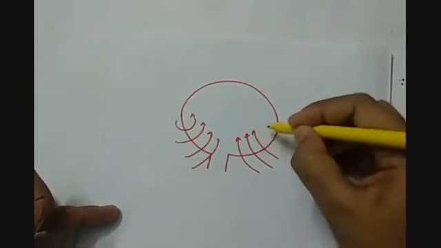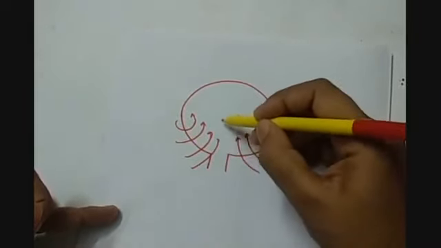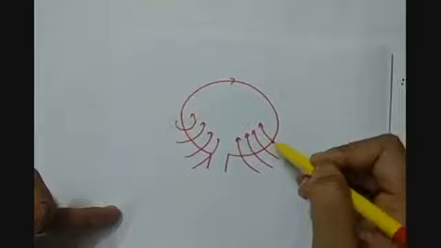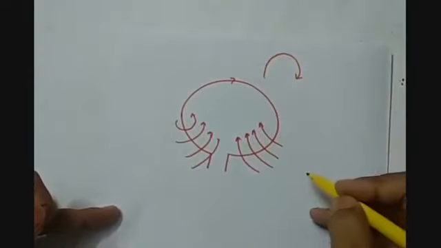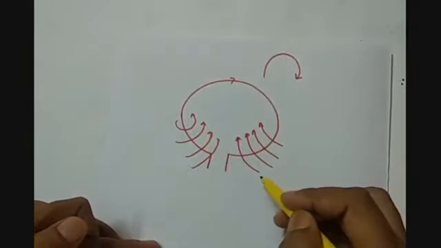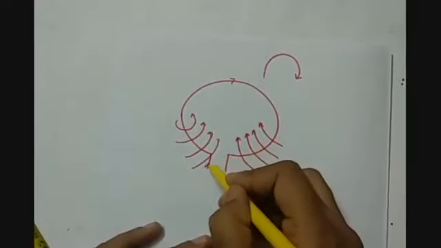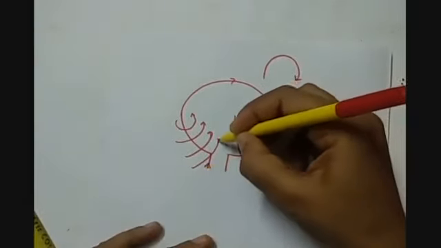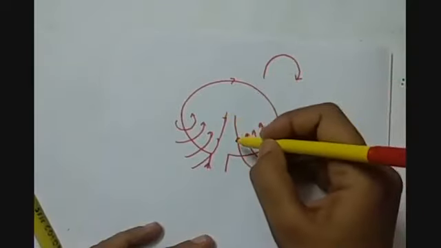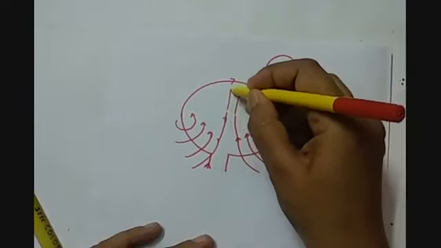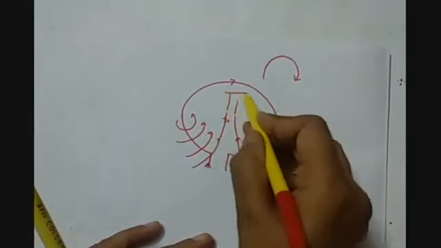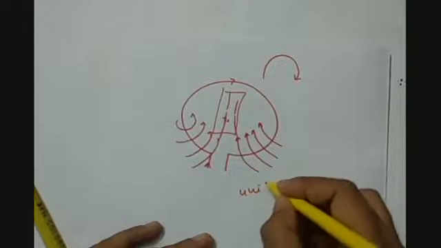So this way, in both the segments, the magnetic field lines are going inward when the current is flowing in this direction. What is this? This is clockwise direction. So remember that when the clockwise current is flowing, the magnetic field lines are going inward. Here, as we reach the center of this circular loop, we find that the magnetic field lines almost become parallel to each other. That means at the center we will have the uniform magnetic field.